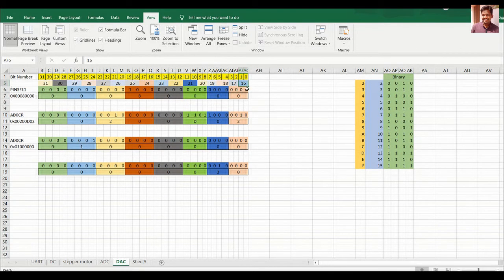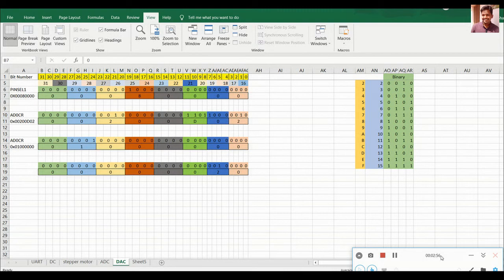You can see that bits 0 and 1 correspond to the 16th pin, bits 2 and 3 correspond to the 17th pin, and so on. And we have to enable the 25th pin. The 25th pin corresponds to bits 18 and 19. So that's what we are setting as 10, and we have the value 0x00080000. This is the hex value I have given. So it means that I'm enabling the DAC pin.